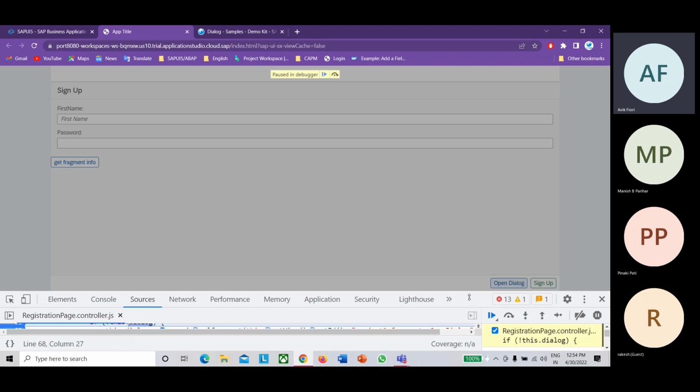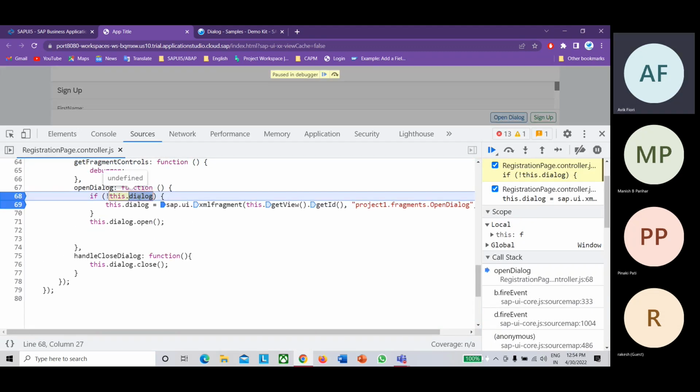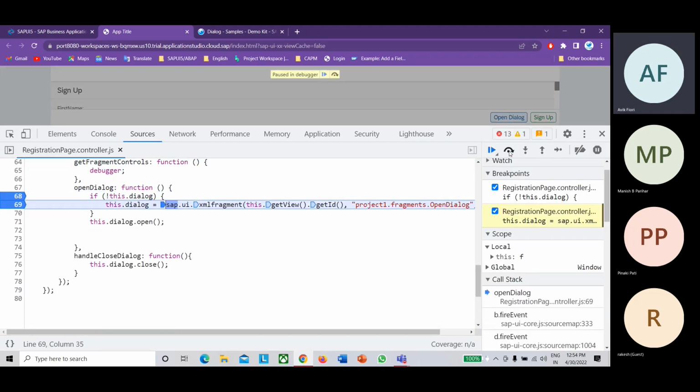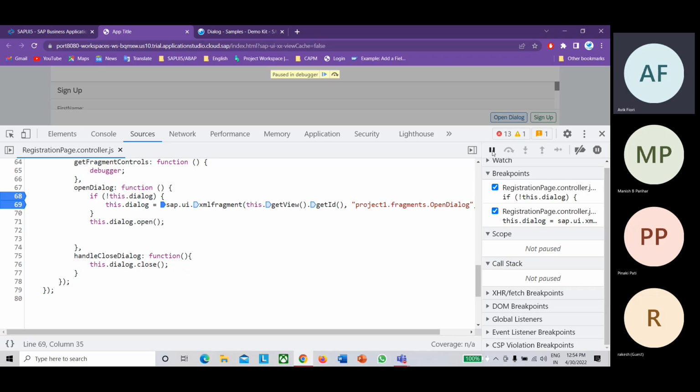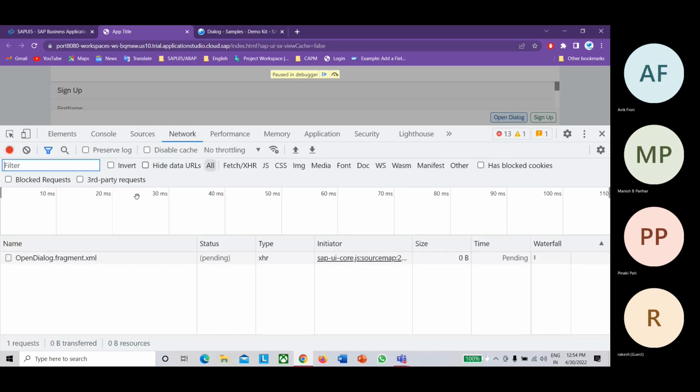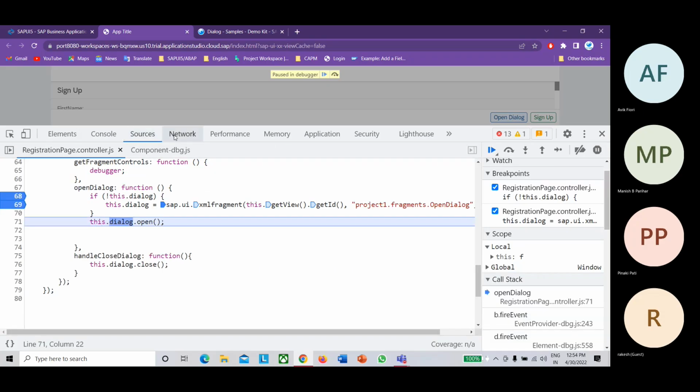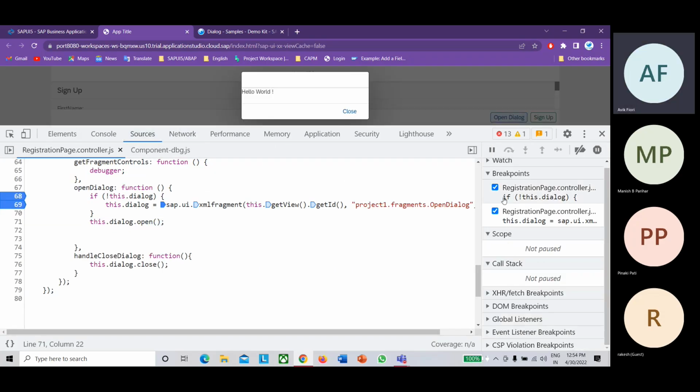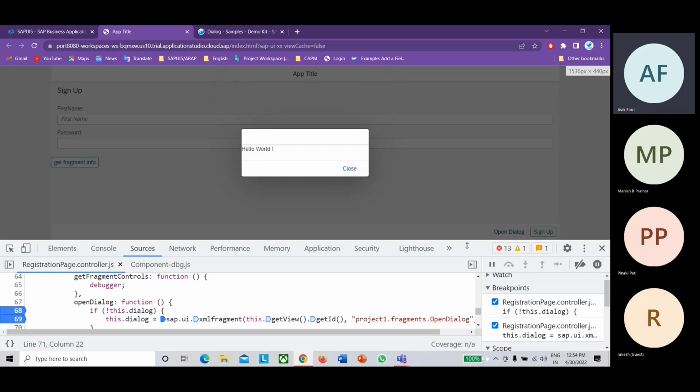As soon as I press on open dialog, by default it is undefined, so it will go inside and load the fragment. See, it's loading. Still pending. I don't know why it's taking so long. Yeah. After that, your dialog box is open.